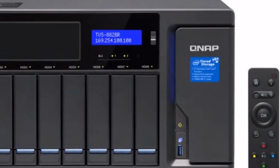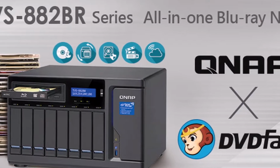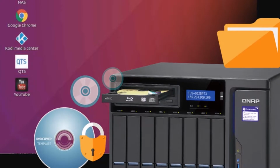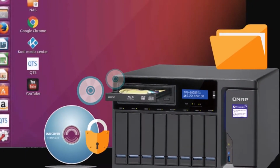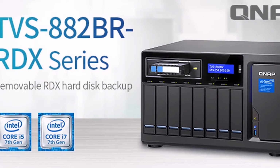Other features include 2x M.2 SATA 6Gb/s slots and Qtier auto-tiering for optimized storage efficiency, together with triple HDMI output, which enables direct disk playing through Linux Station, as well as being able to transcode 4K H.264 videos on the fly or